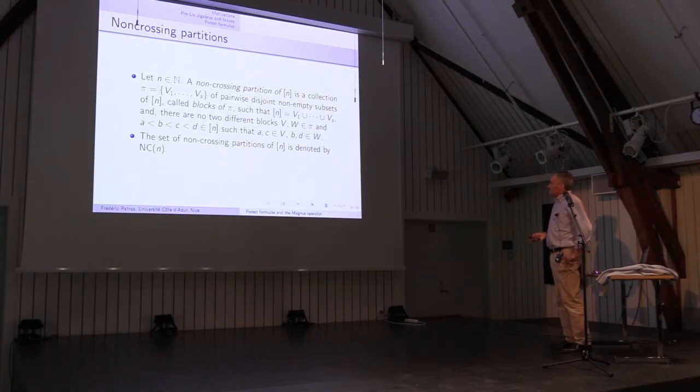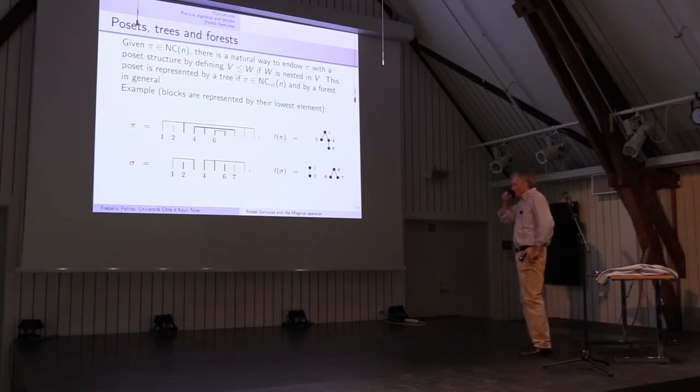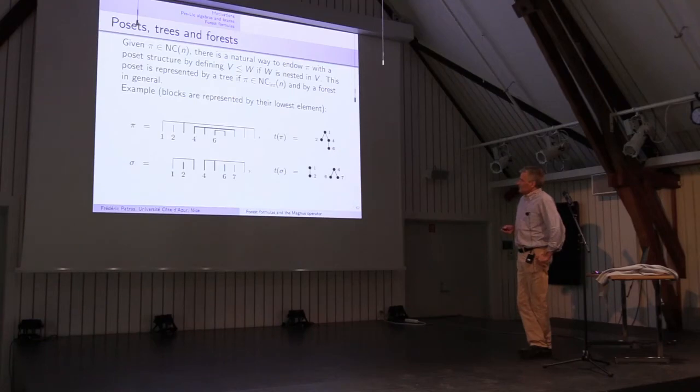So, to skip time, I will run directly to this picture. The interesting objects, when you're moving from classical to non-commutative probability, and precisely to these three theories, free, Boolean, and monotone probability, are, from a combinatorial point of view, the non-crossing partitions. Non-crossing partitions are partitions of sets of integers that you can represent that way, without crossing of the components associated to the blocks.